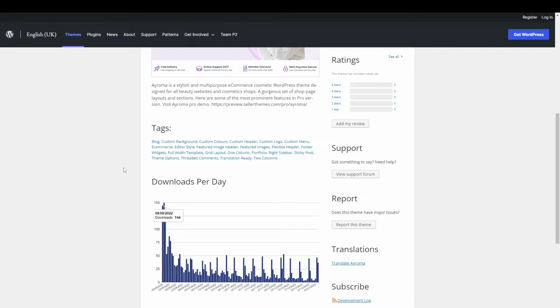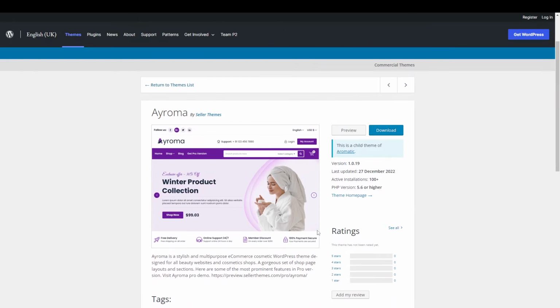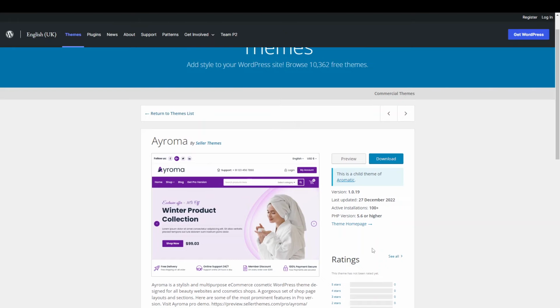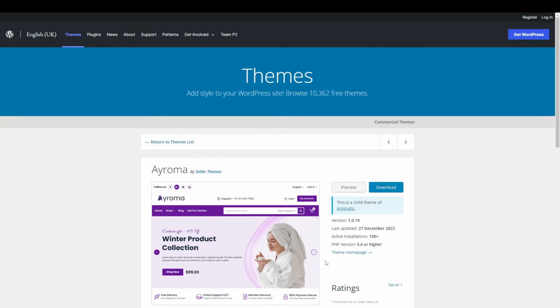Always have a theme downloaded that you can switch back to if the new theme that you've added doesn't work out. But essentially you want to look at the ratings as well and see if there's any known issues or if everything's okay. The other thing that you want to make sure is that it's being updated frequently. So if the last updated is maybe a few months ago or maybe even a few years ago, I would suggest to stay away from those, because